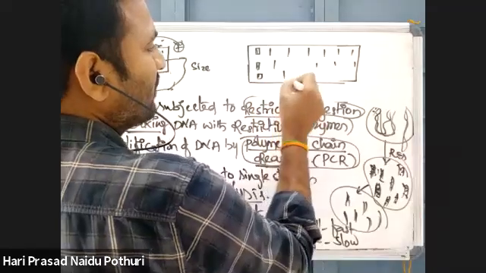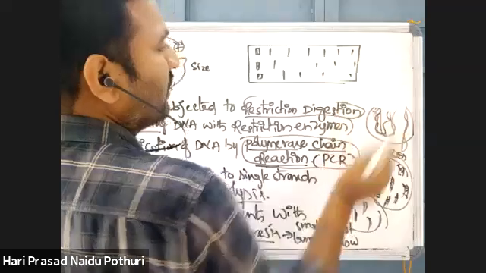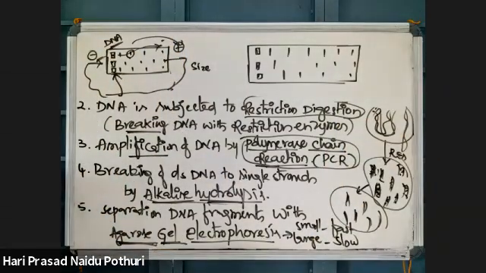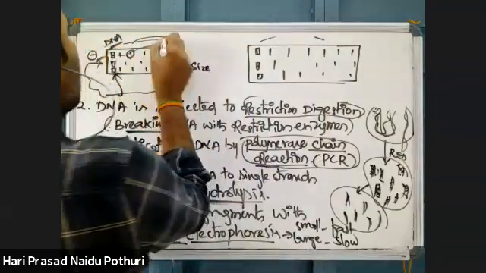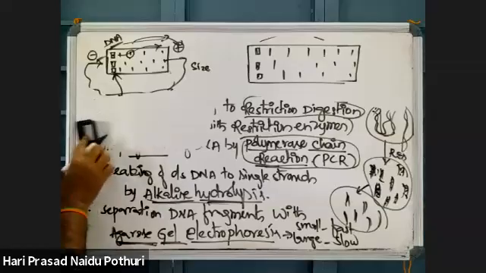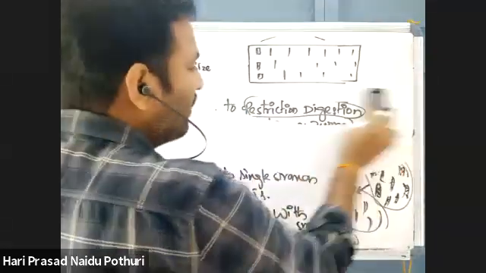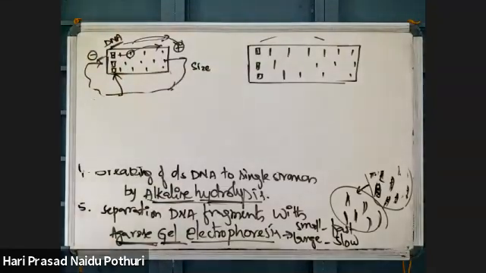Larger DNA fragments will be moving slowly, and smaller DNA molecules will be moving very fast. So based on their length, they will be moved to separate places on the gel plate. They will be separated on the gel plate based on the size of the DNA fragments. Yes or no? Now that DNA